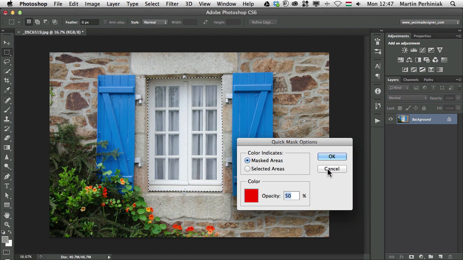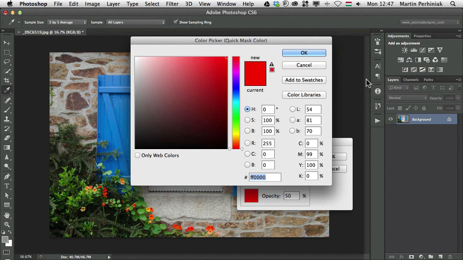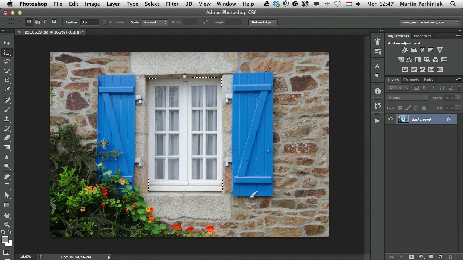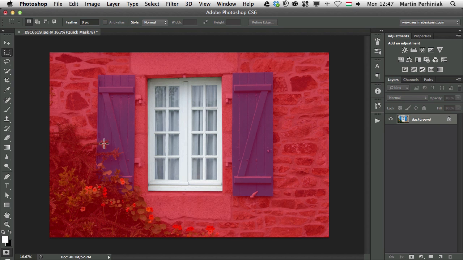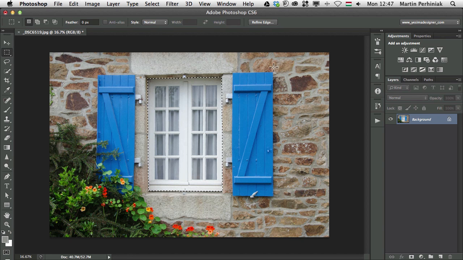But I just wanted to point out this. If you click on the color, you can also change the color. I'm going to leave it as it is, the default settings. And I'm going to show you when it is useful to have the quick mask mode. For example, if you want to make a selection, let's just say I'm going to press Q now, and I